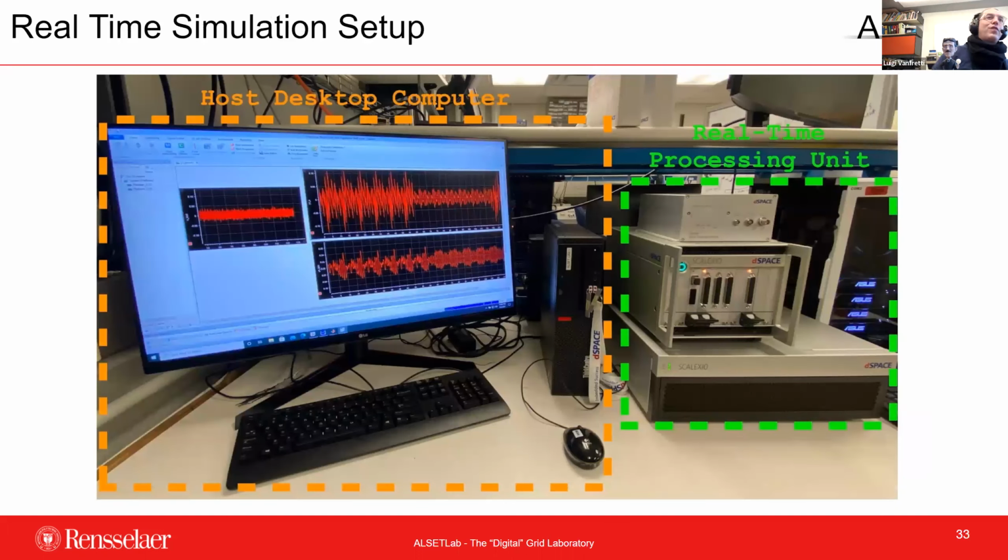And here is the proof of concept. This is the model that we were running. We were actually trying to design how to inject an external signal to be able to generate enough dynamic content to identify damping and frequencies of oscillation. So this was done with that in mind. So you can do very nice and advanced things all the way from offline to real time. So this is just a picture.